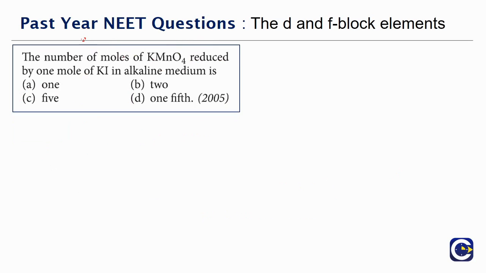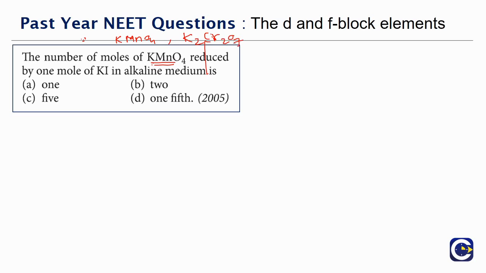Next we have another question. This is a reaction question on the KMnO4. Remember, in some of the previous questions also, when we were discussing the reaction questions, we have said that the reactions of KMnO4 and the reactions of K2Cr2O7, both these are important. Potassium dichromate reactions and potassium permanganate reactions.